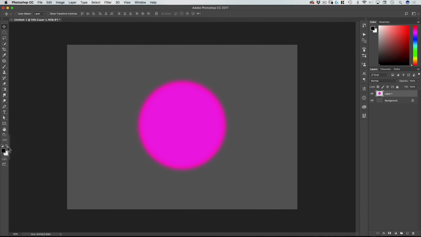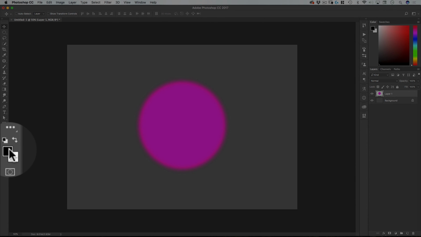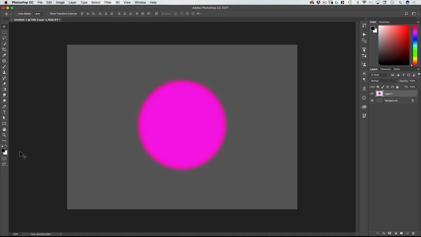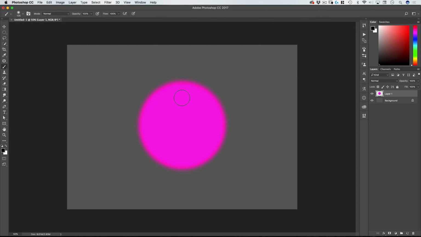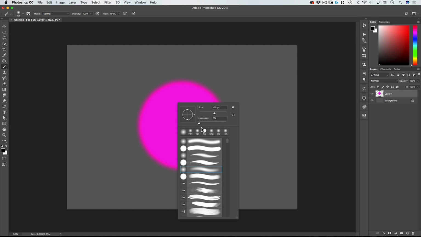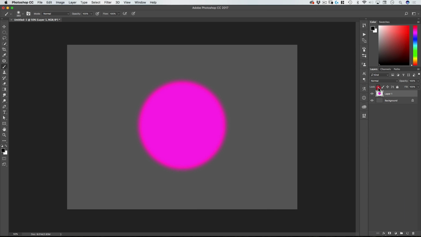Okay, this little double arrow here switches the foreground and the background color. So let's say, I just went on the brush, by the way, with the B for brush. And let's right mouse click, make that brush a bit bigger. And in this case, I actually want to lock the transparency of the layer.